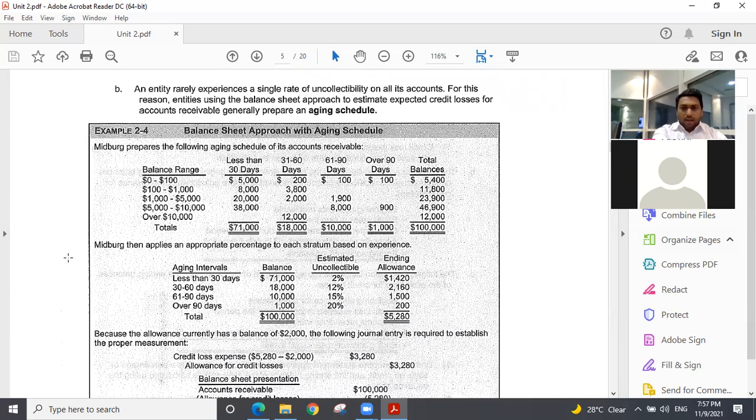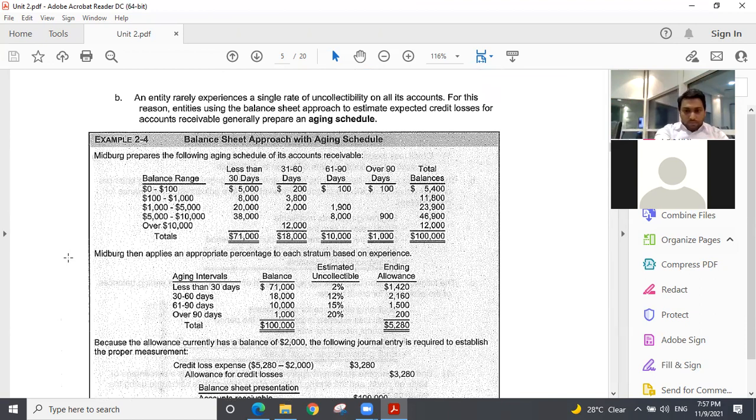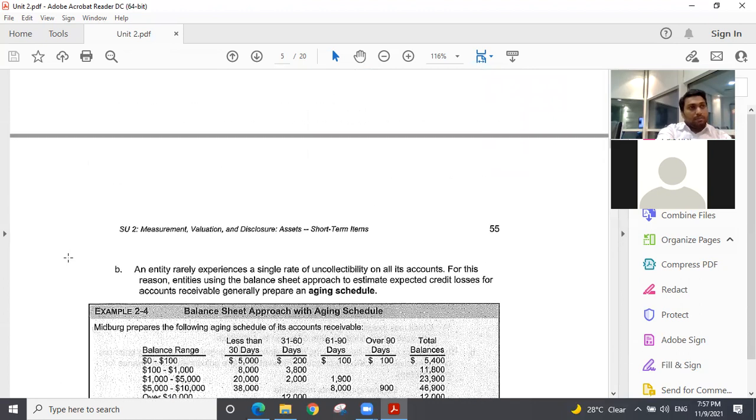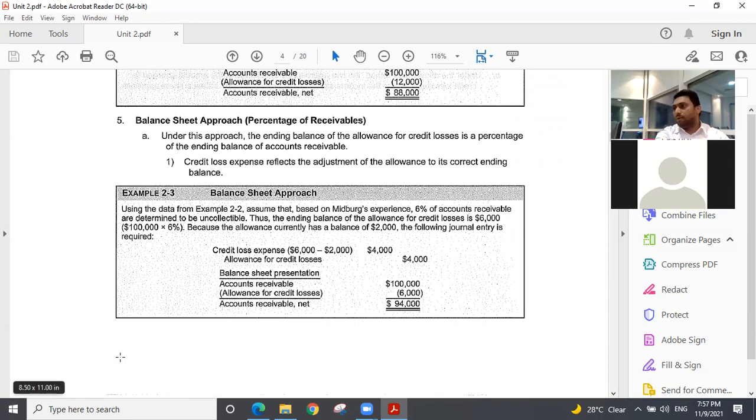I hope you all might have created an aging schedule, but the aging schedule which you are using in your office is different. You are preparing it on the basis of your customer, right? See here, one issue is there. When you take the 2% of your accounts receivable, the problem is that you're charging all your customers with 6%. Some may have only just received credit today. For them also you are providing 6%.